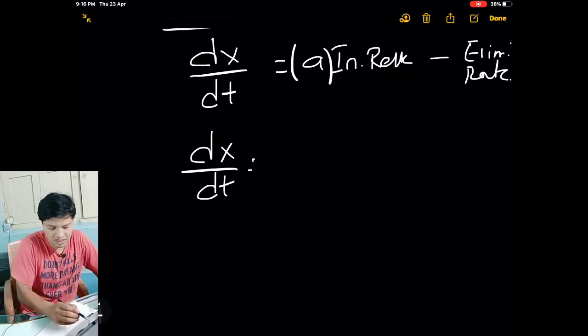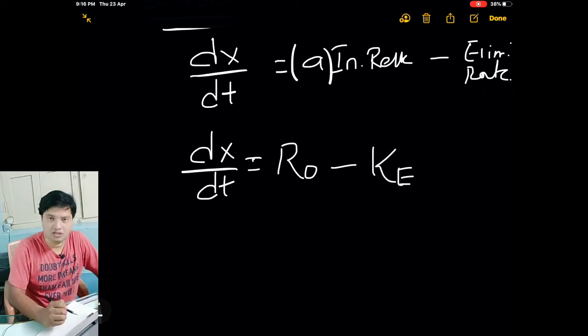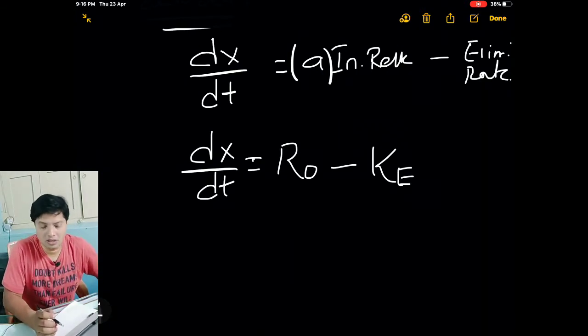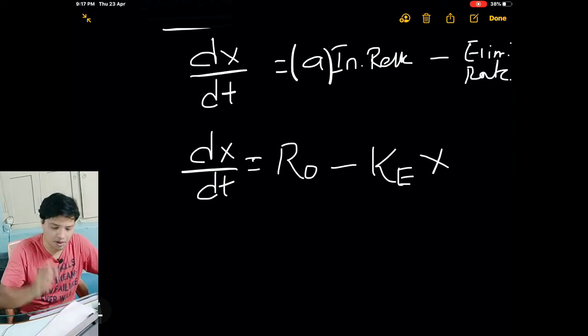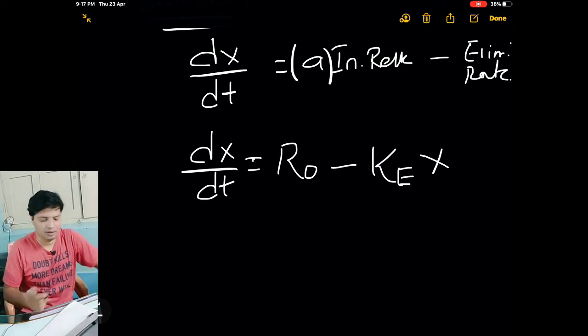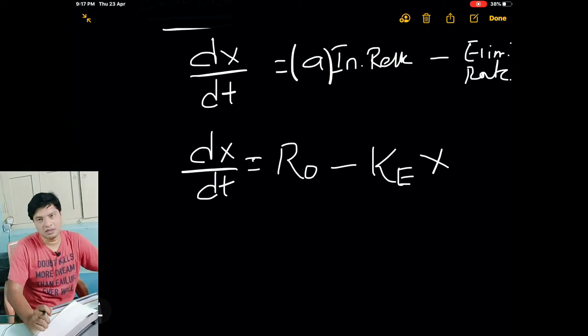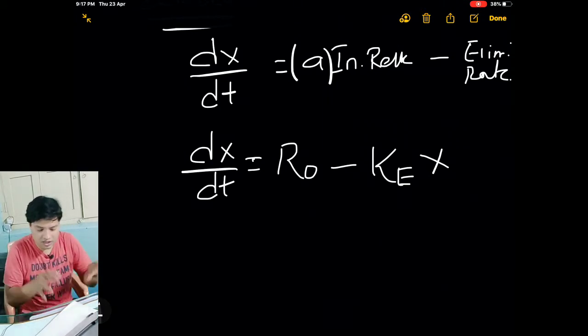The rate of incoming is what you are going to give the drug in a zero order fashion, hence we call it R naught. That is the rate of incoming, minus the elimination, KE. The elimination follows first order, hence the capital letter indicates the overall elimination rate constant, KE into X. It depends on the amount of drug already present in the body, so I am writing X. So this is the equation for the rate of change of the amount of drug in the body.